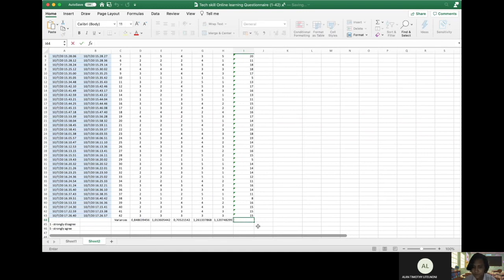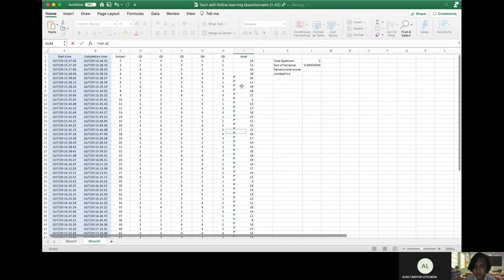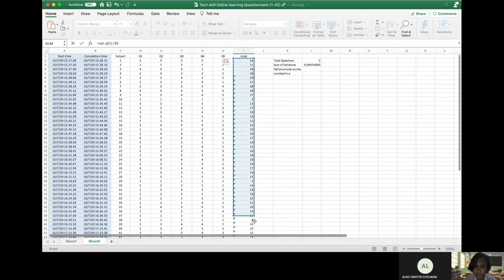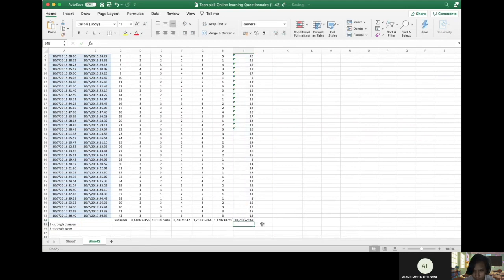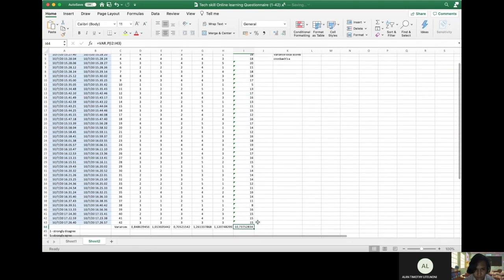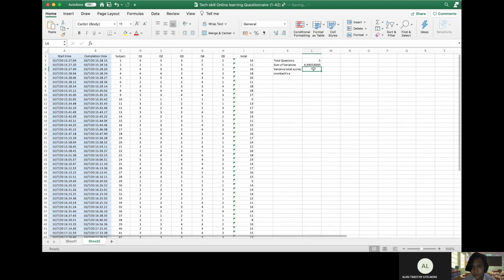And here you can just do the same thing: put equal sign, type var.p, parenthesis, and then drag down from the top till the end and enter, and then you're gonna get the total variances. So right here,